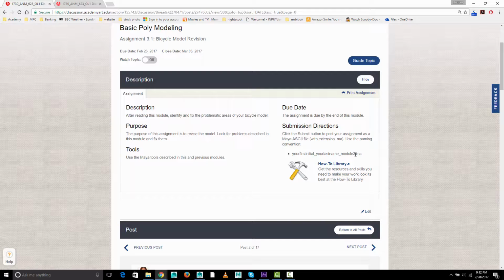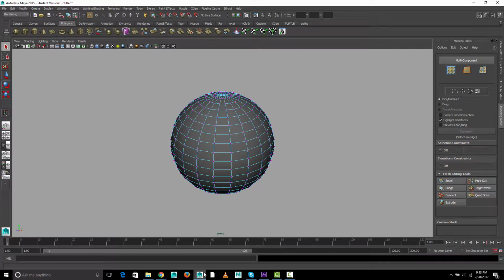If you want to add a version number afterwards, that's okay. So first initial, last name, module 3 underscore, you know, 2 or O2 or whatever, that's fine. But if you could have this first part the same, that would be great. Because what you'll notice is